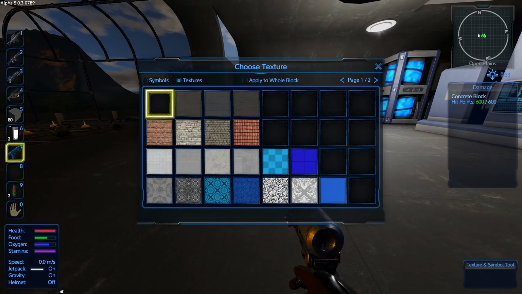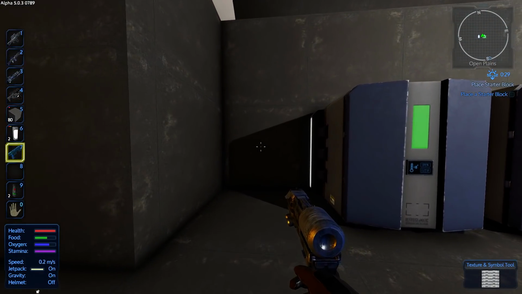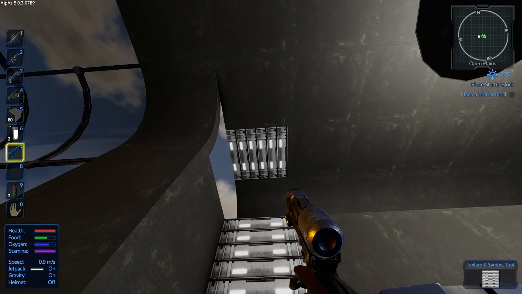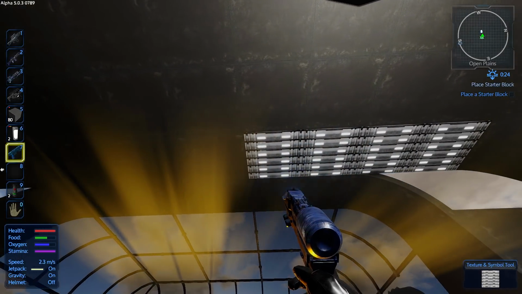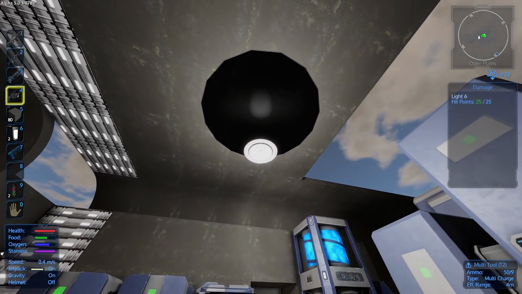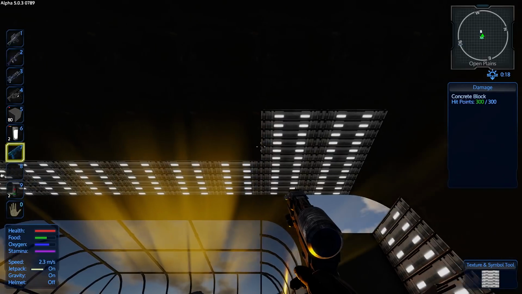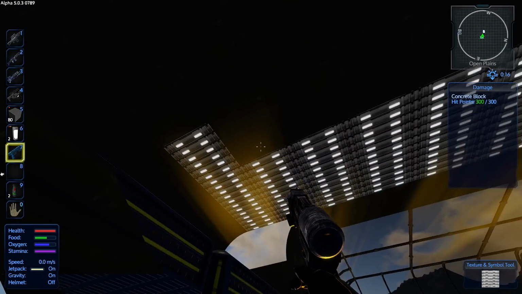Alright, so textures, symbols, textures. It was this one that I used before? Why did that turn? See, if I do the whole ceiling like that without these lights here, I don't know if it's going to be bright enough. We're going to find out here in a second. I mean, I don't like it so bright that it messes everything up, but